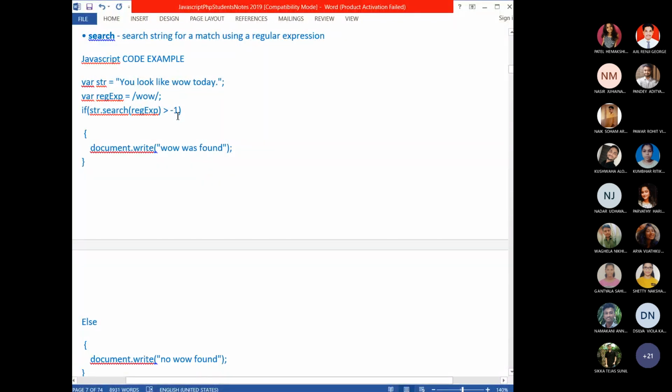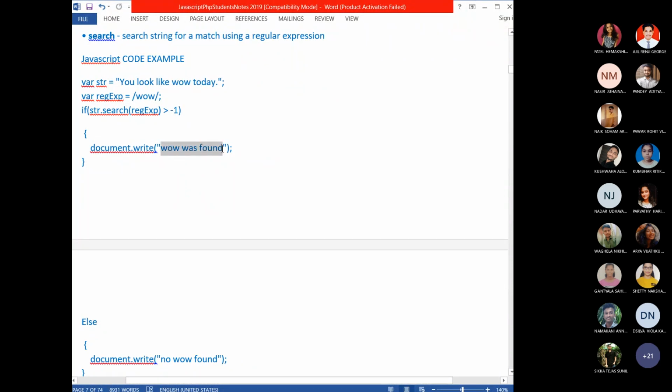Otherwise, it will be equal to -1. If it does not find any match, it will return -1. So we are checking whether the return value of search is greater than -1, which means it found a match. Then document.write: the word wow was found.